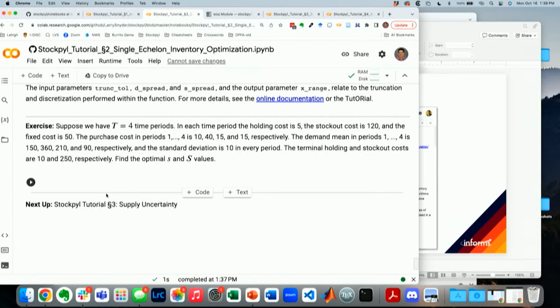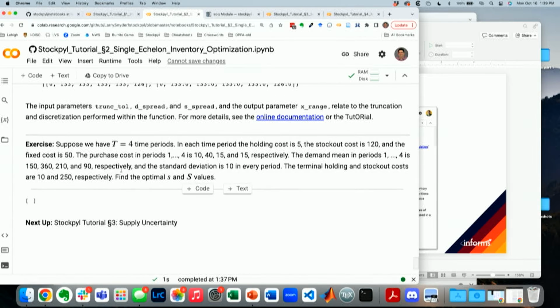Any questions about single echelon inventory at all? Okay, great. So what I'm going to suggest is that we basically skip